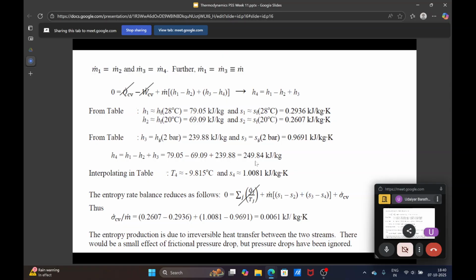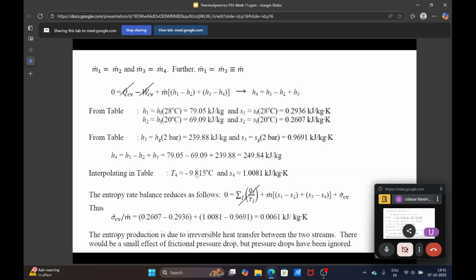So h4 comes out to be h1 minus h2 plus h3. So h4 is 249.84 kilojoule per kg, and then interpolating using the enthalpy and pressure value. Pressure is 2 bar and enthalpy is 249.84. We find that temperature T4 is minus 9.815 degrees Celsius. So that is the temperature,